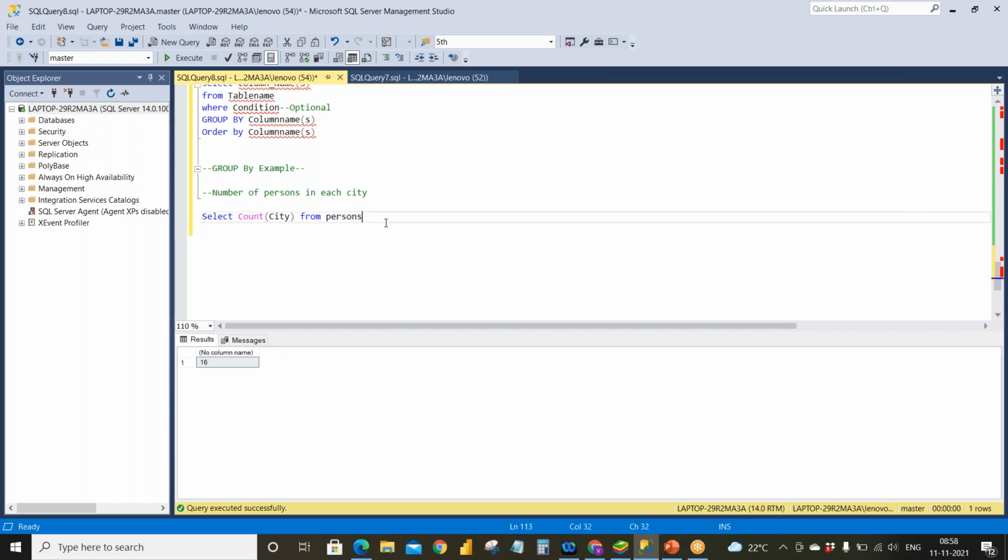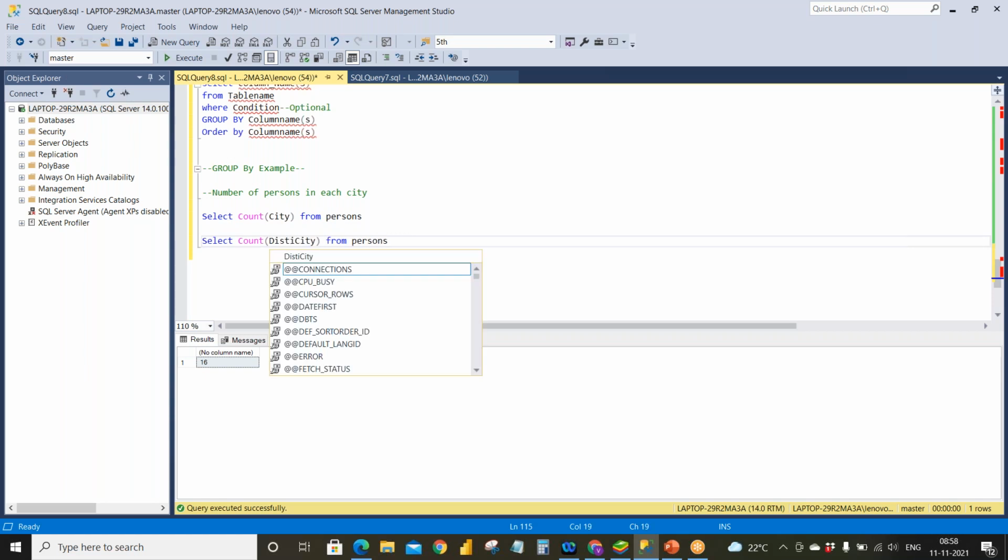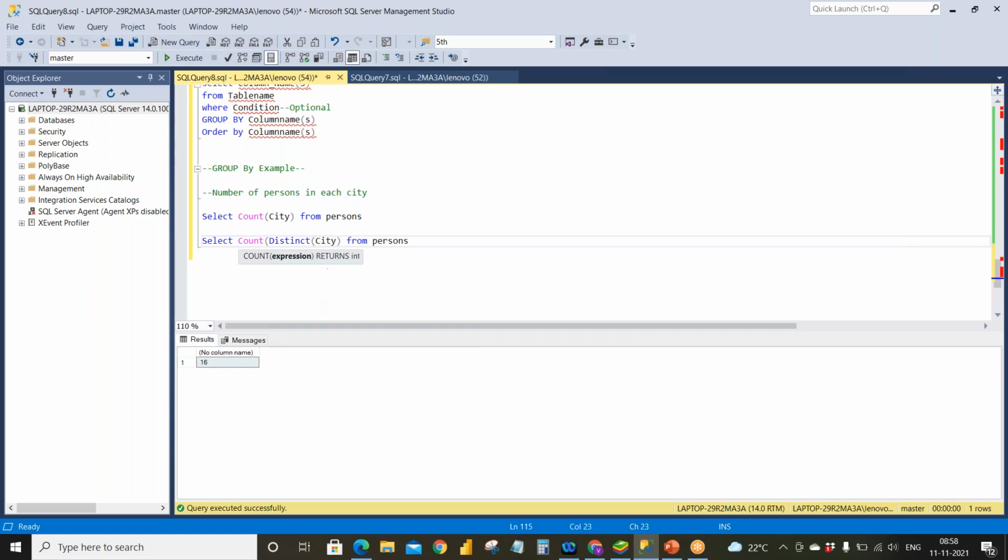If you want the distinct data, you can use DISTINCT of city, so you will get the distinct count from the city. But I wanted to know how many people are there in each particular city.